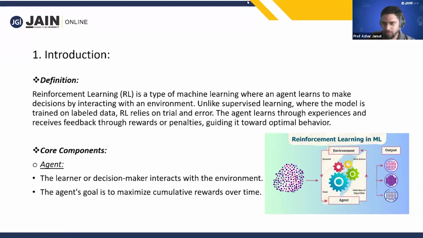It has to go from one room to another room. In the second room, one banana is there. It has to bring the banana and give it. So if it doesn't know what it is doing and you are not supervising, it is not supervised learning. You're not telling it go like this, go like that. It has to learn by itself. It is called a trial and error mechanism. So it is reinforcing the learning. It reinforces itself. It learns by trial and error.